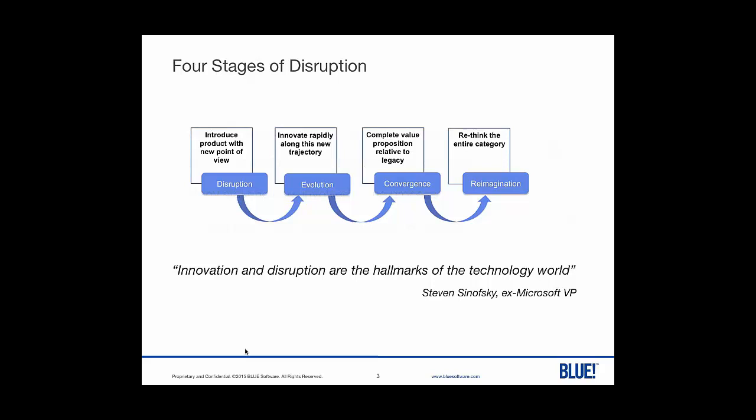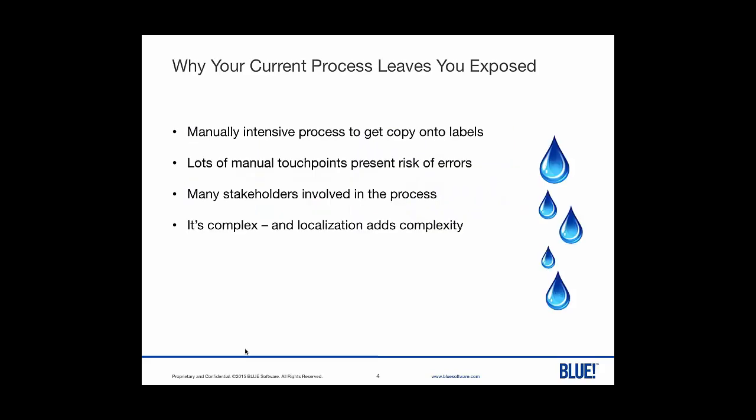So let's first touch on why your current process leaves you exposed. If you think about the content that's required on a label, where are the potential leaks in the current state? The first one, and maybe the most obvious, is all of these manual touch points. Jonathan touched on this as well. There are a lot of people involved in this process, and a lot of manual touch points along the way. If you think about when you create your labels right from concept to getting them out to market,